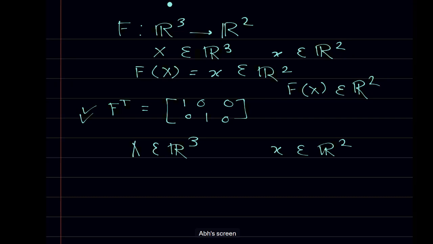How about we take an example? When we write F transpose, F transpose took you from this side, where we had the R2 basis, to this side, where we have the R3 basis, and that's how you wrote it. So this was old, this is new. So F transpose in terms of coordinates will take you, this side I should have new and this side I should have old. That means